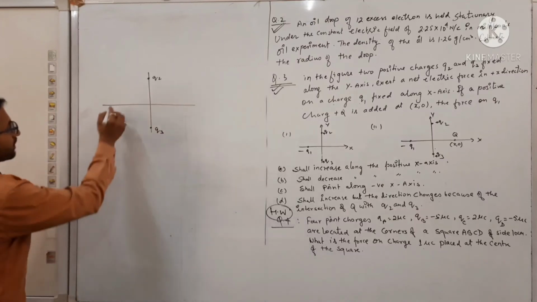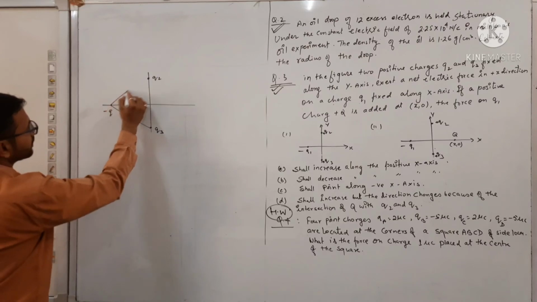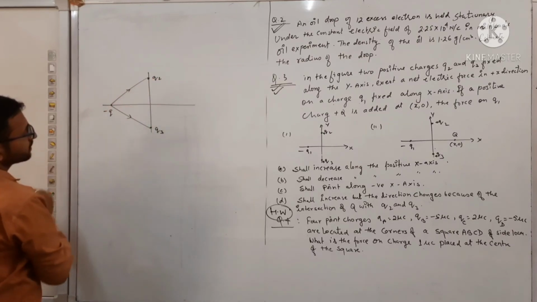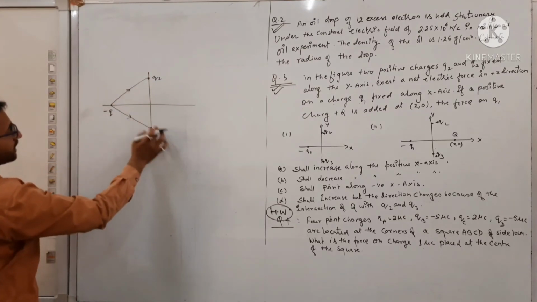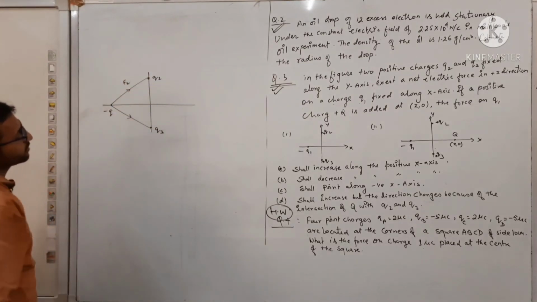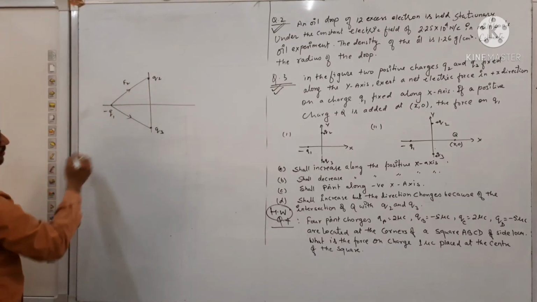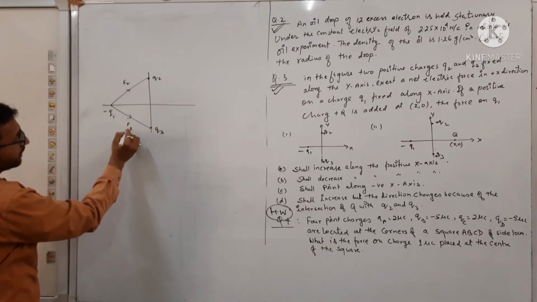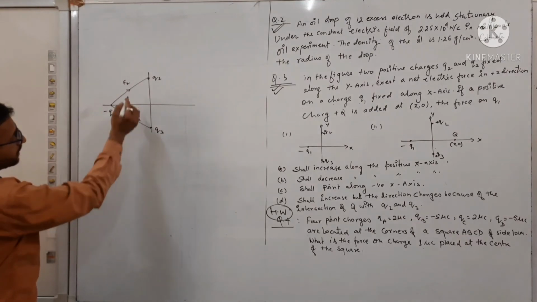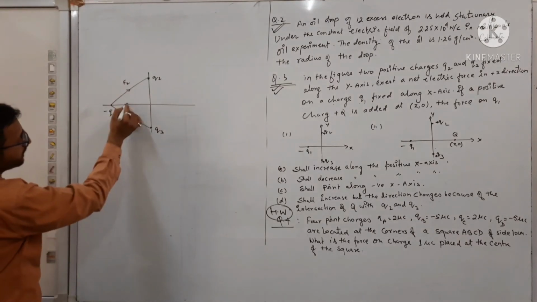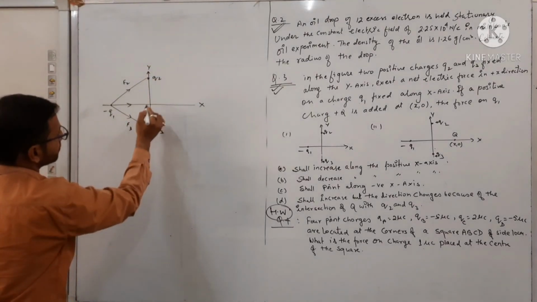So these charges are negative charges, and we know that negative and positive attract. The two forces, due to the Q2 charge and the Q3 charge: let us suppose this force is F2 by the Q2 charge on the negative charge Q1, and this is our F3 due to charge Q3 on charge Q1. They act toward it, it is our attraction force, so the resultant of it is toward the positive x direction. Got it?